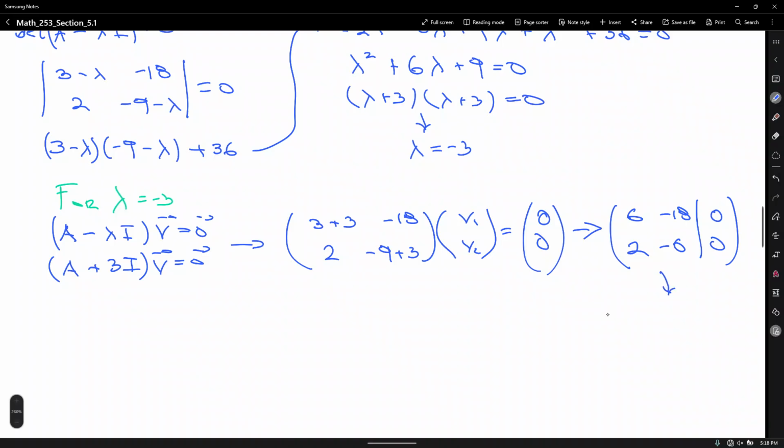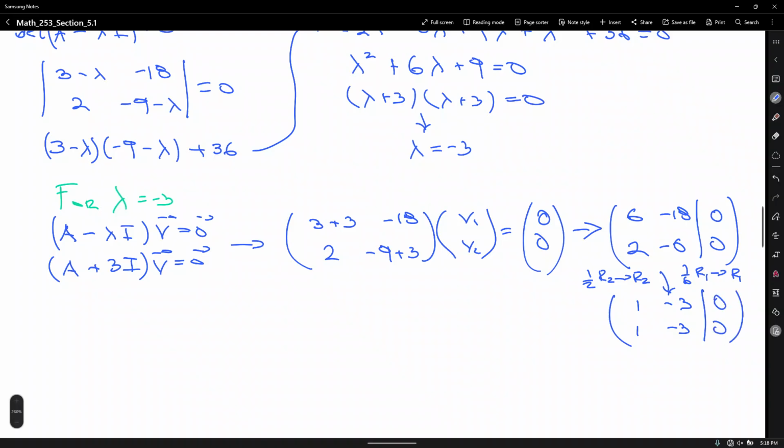I'm going to do it. So this is the same as 1/6 row 1 to obtain a new row 1, and 1/2 row 2 to obtain a new row 2. That's going to leave us with 1, -3, and 1, also -3,